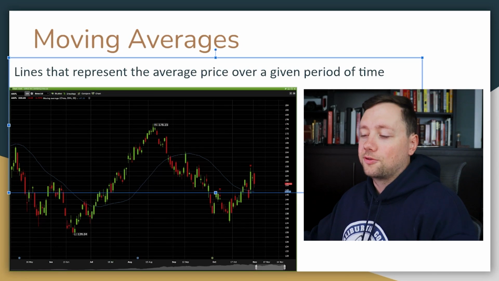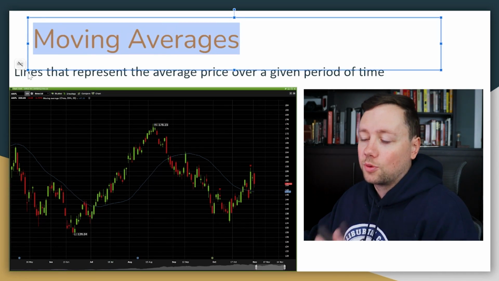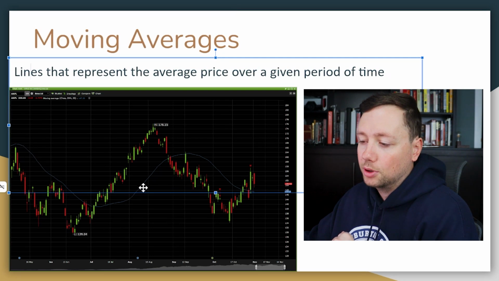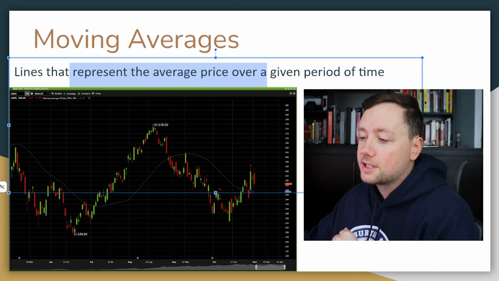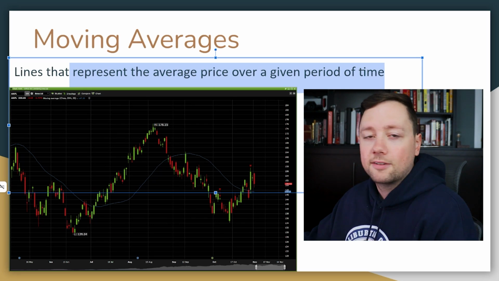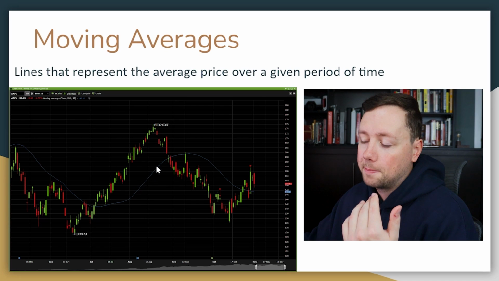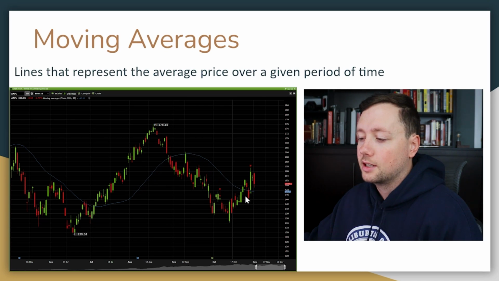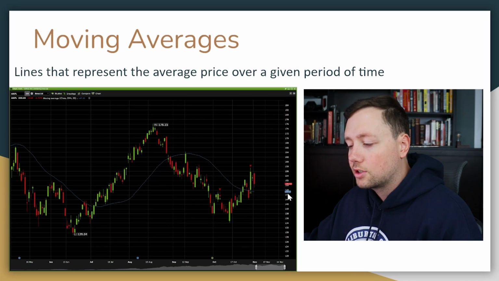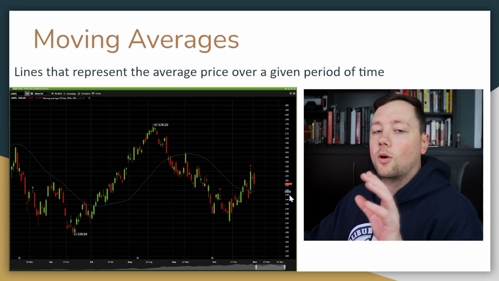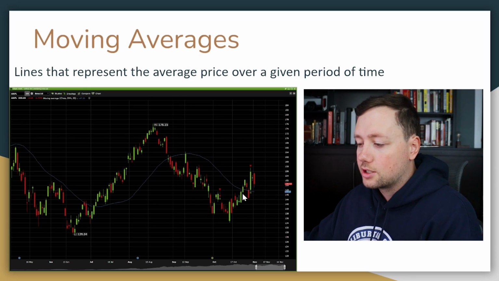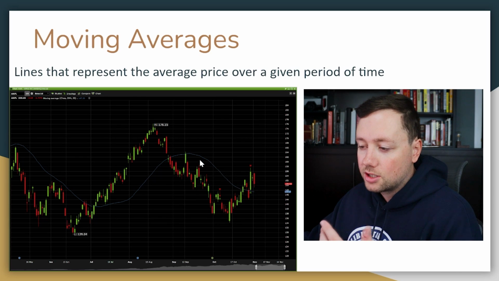Okay, so first of all, what is a moving average when it comes to stock charts and trading? Well, the moving average is very simply just this blue line right here, and it represents the average price over a given period of time. You can see that this blue line is kind of going up and down, a little bit delayed from the price here, and it ends at $147.30 here. What that means is that the average price over the most recent period of time that this is tracking is